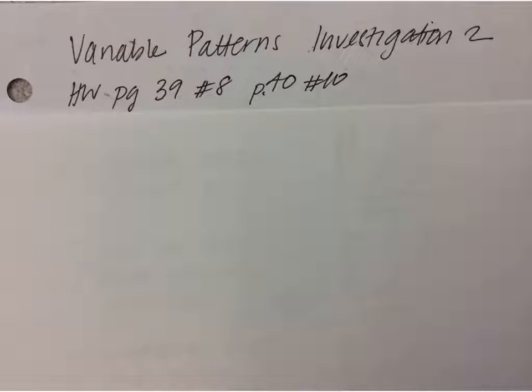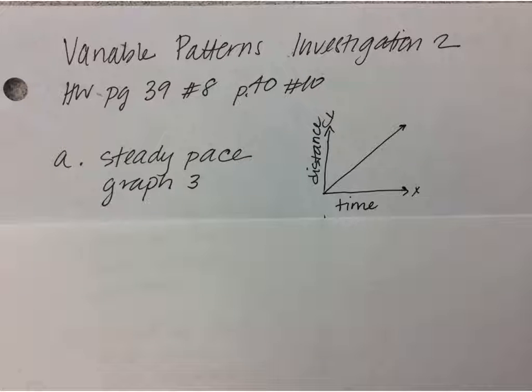So on my separate sheet of paper, I've titled this Variables and Patterns, Investigation 2, Homework page 39, number 8, and page 40, number 10. So for the first one, when I take a look at A, I'm going to indicate that I have this option of a steady pace. And the only graph that works with that is graph number 3. So I have this sketch that I'm adding in just to remind myself, if I have time on the x-axis